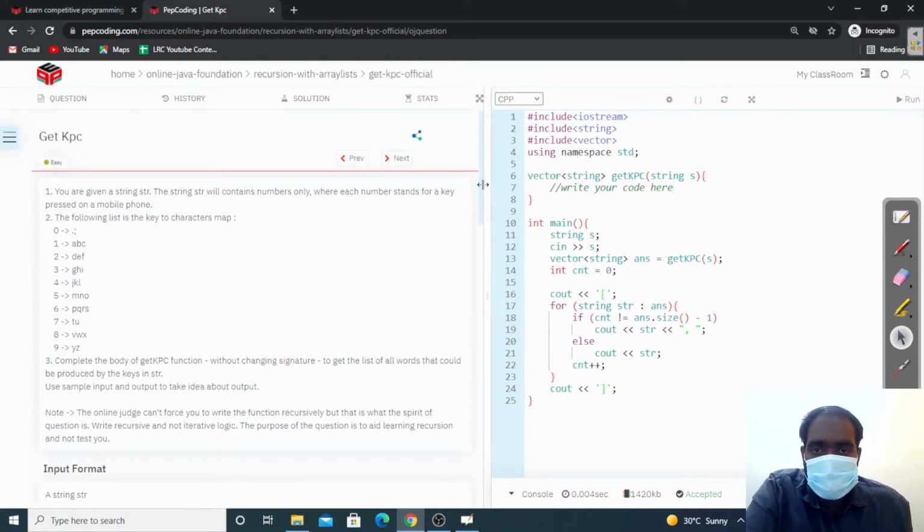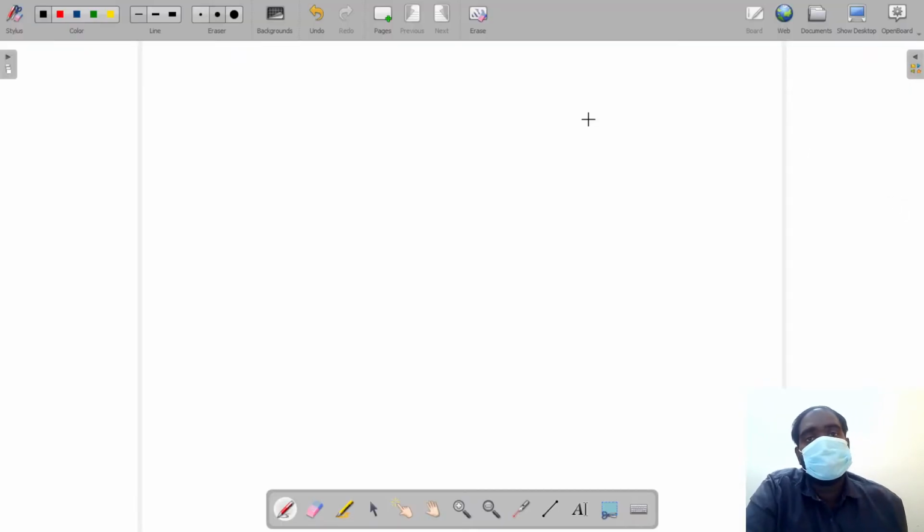Okay, now we're given hints that we should use recursion, right? We should use recursion and we're using vectors. One basic thing about recursion is faith. We should have faith that my recursive call will do something. Okay, what is the faith in here? Let's take the string to be 2, 3 and 4. Okay,